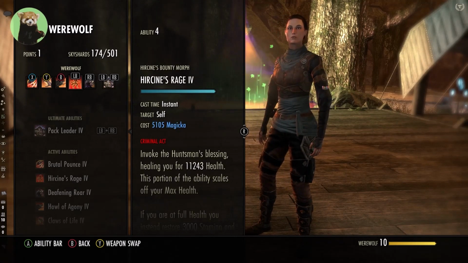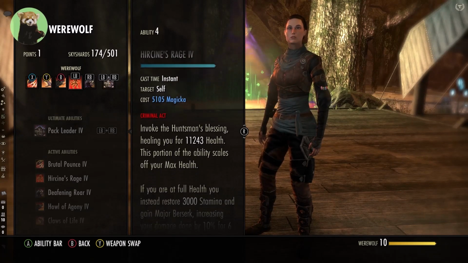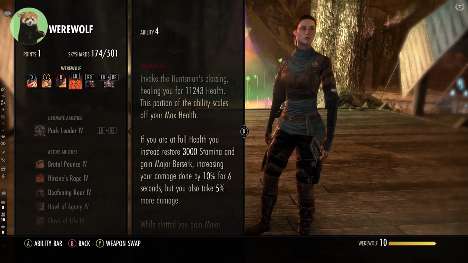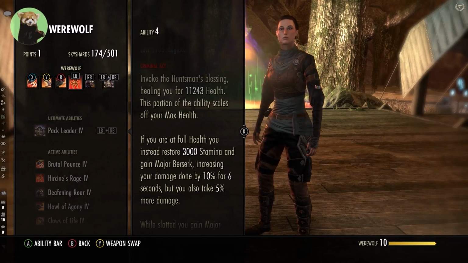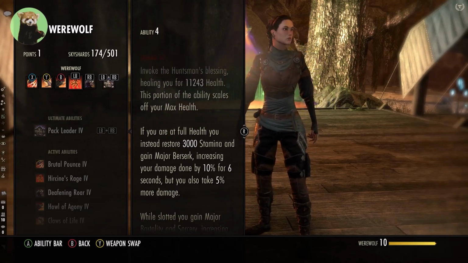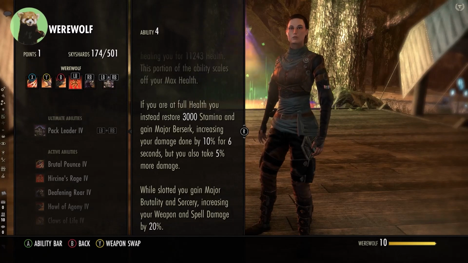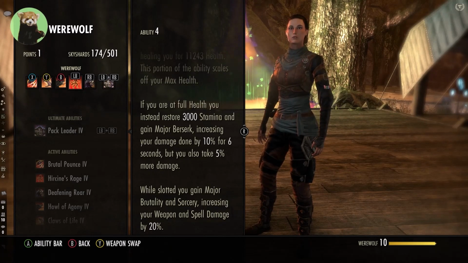This is probably going to be our biggest difference between most PvP builds, and this is going to be Hircine's Rage. Because of the amount of sustain that we have in this build, and because of the extra healing that we're getting from Claws of Life, I'm opting to use this because it gives us major berserk. We do also take an additional 5% damage while that is active,